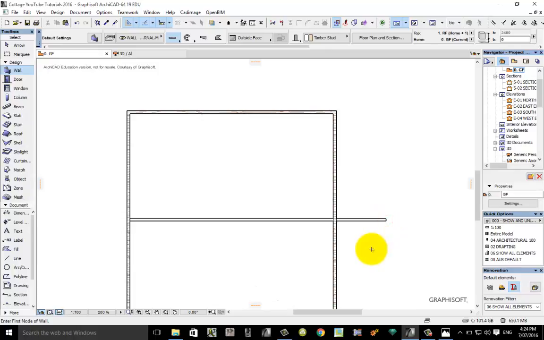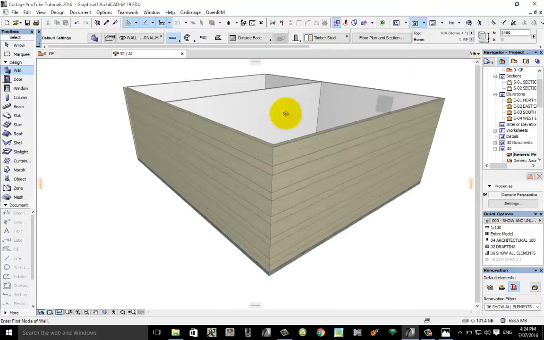Then I'm going to trim this wall back, so there's a little trim command here, you can see it there. Click on the trim, it turns into a set of scissors. Once you've got the scissors over the wall that you want to trim back, click onto it and it trims it back to that other external wall like so. Let's have a look at that in 3D, and you can see that the wall is now being inserted into the correct position. Let's double check